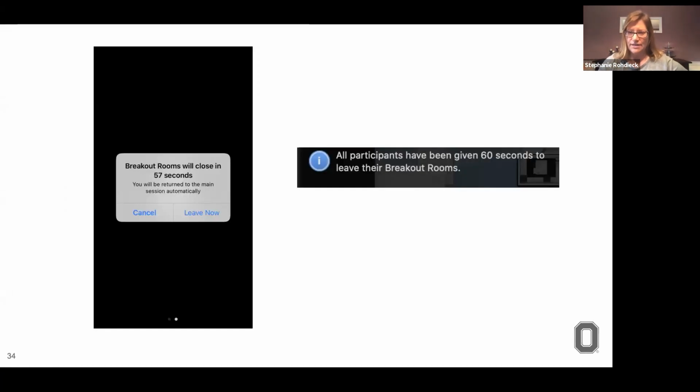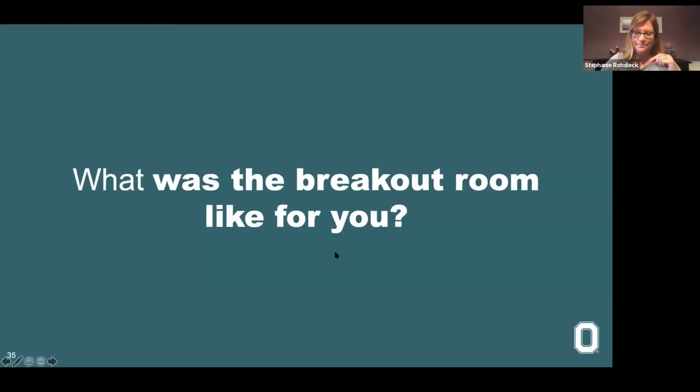You hopefully saw this in yours, that you got the little notice. If you're not on a phone, I wanted you to see that it's a big thing that pops up on the left to give you that countdown. And because I let you leave the rooms at any point, you were able to leave whenever you wanted to. And then that little one on the right, it's big there, but it's teeny tiny, just like you guys got. You got a blue one, I think, right? I get a little teeny tiny one up on my right.